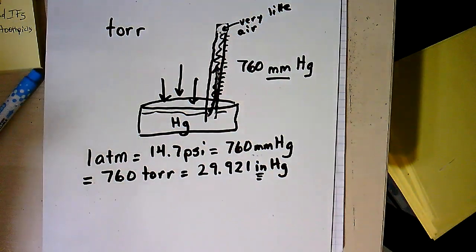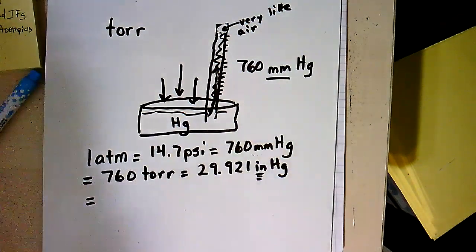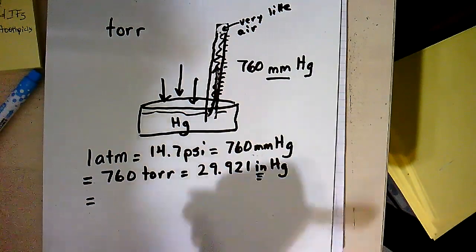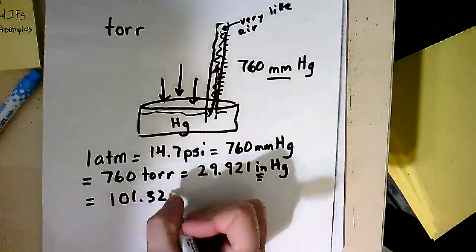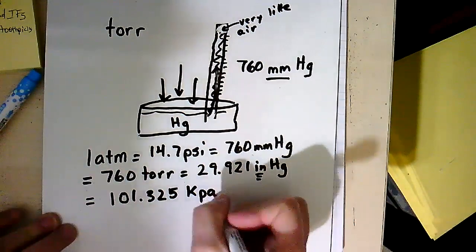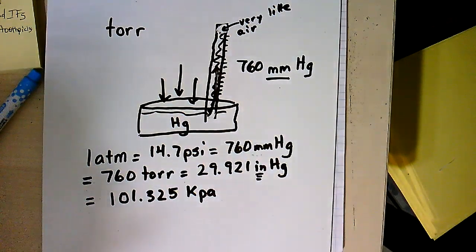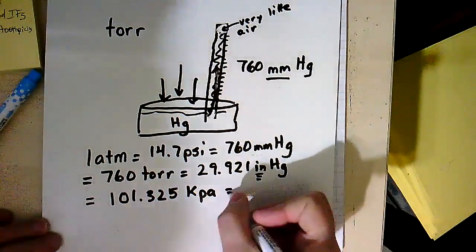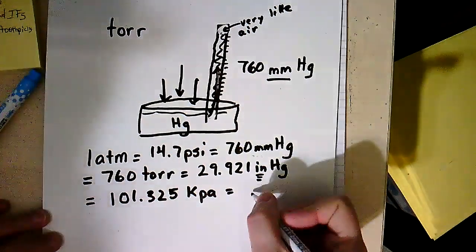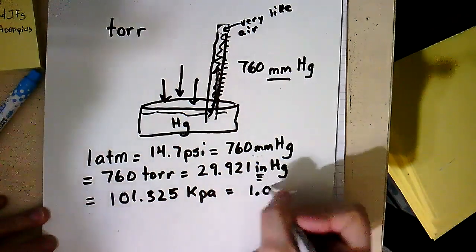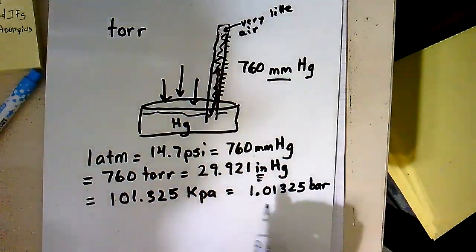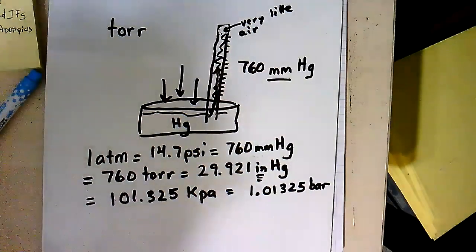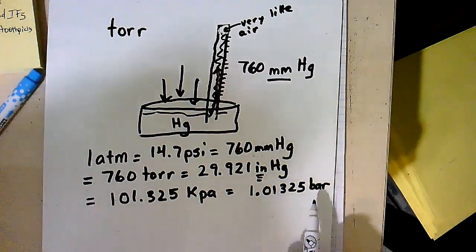Then we have another unit that is used in physics, and this unit is the kilopascal, and it's 101.325 kilopascals for atmospheric pressure. And then there's another unit called the bar, and the bar is related to the kilopascal. It's 1.01325. So the bar is very close to 1, and it's beginning to be used more and more often as a